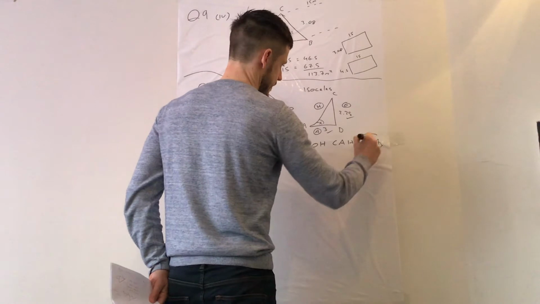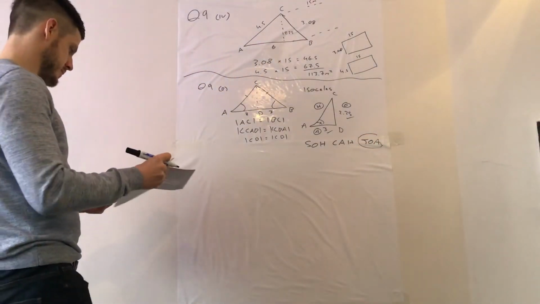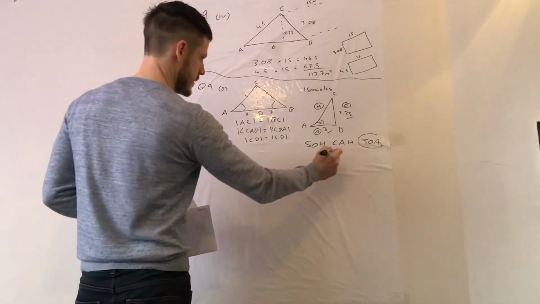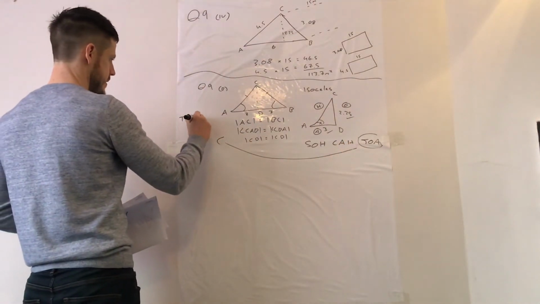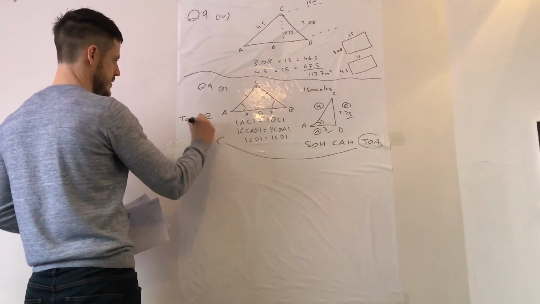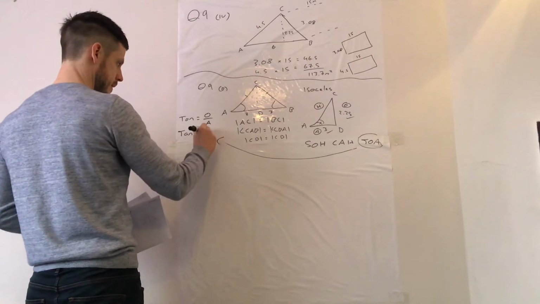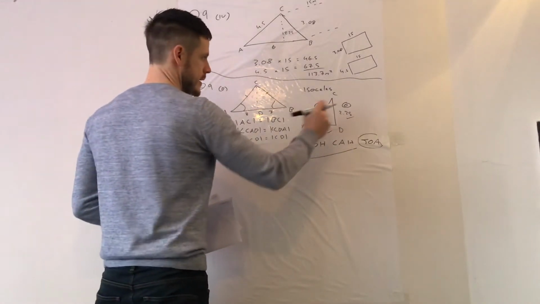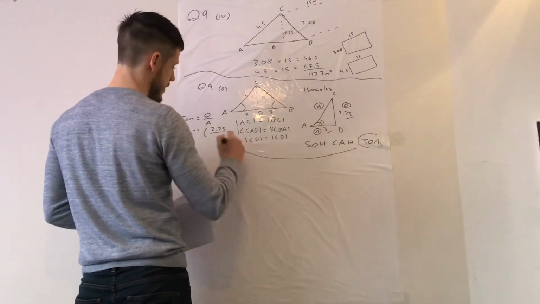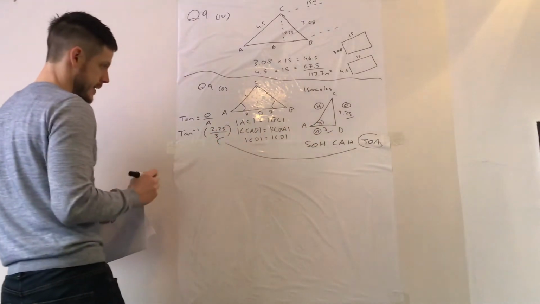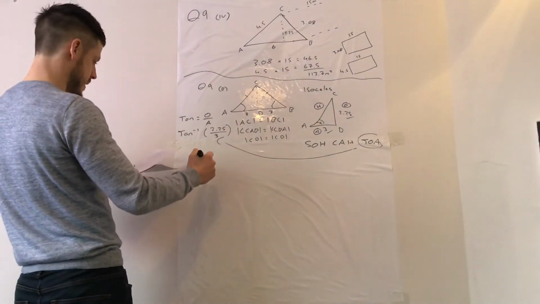So I'm going to use tan for this one. And I'm just going to bring it over this side here. I'm going to write tan is equal to opposite over adjacent. So to figure out the angle, we do tan to the minus 1. Our opposite here is 2.25, and our adjacent is 3. So we put that into our calculator, tan to the minus 1, fraction in brackets 2.25 over 3, and it comes out as,